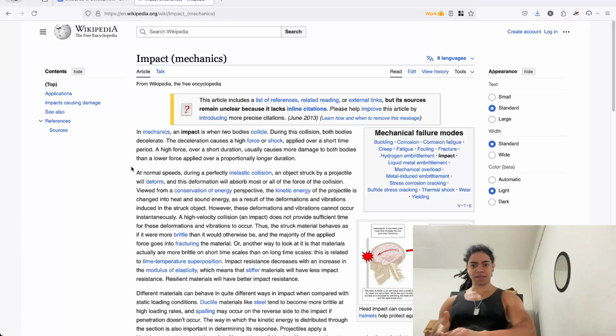This is interesting. In mechanics, it's the collision of two bodies that, when they collide, merge into something. So this impact, or these collisions,